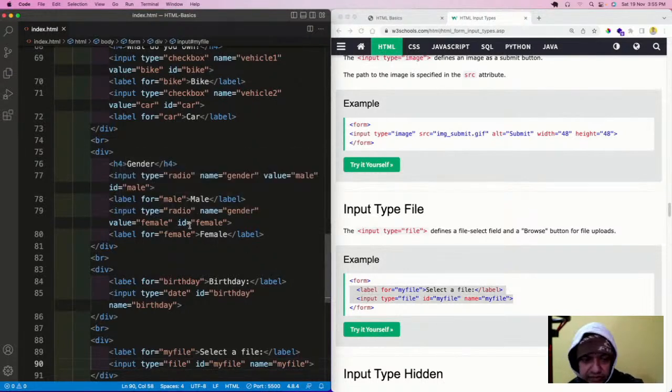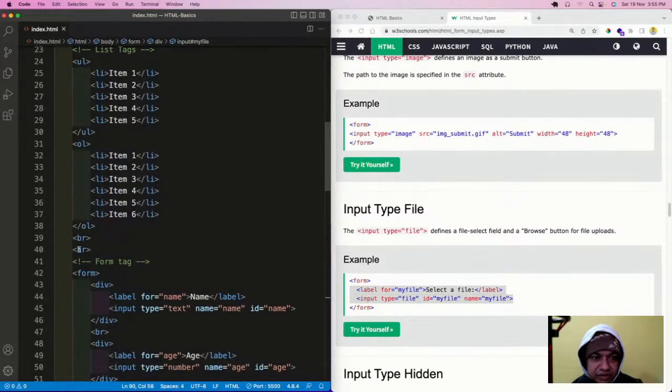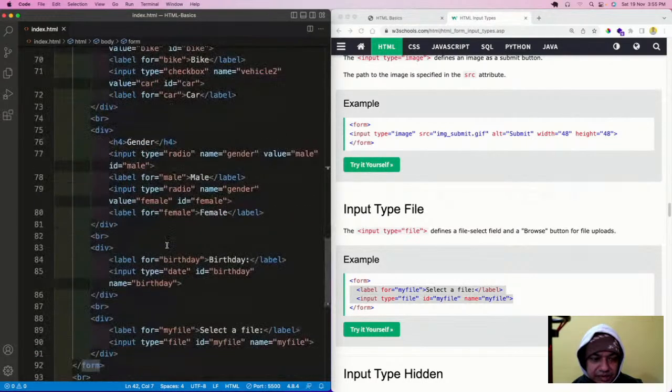Can you explain form tag? I'm explaining all the form tags only. You can go through this recording again. I have explained all the form tags only. These are all the form tags. So we are doing form tags for more than 1 hour, past half an hour. Okay, so that is there.